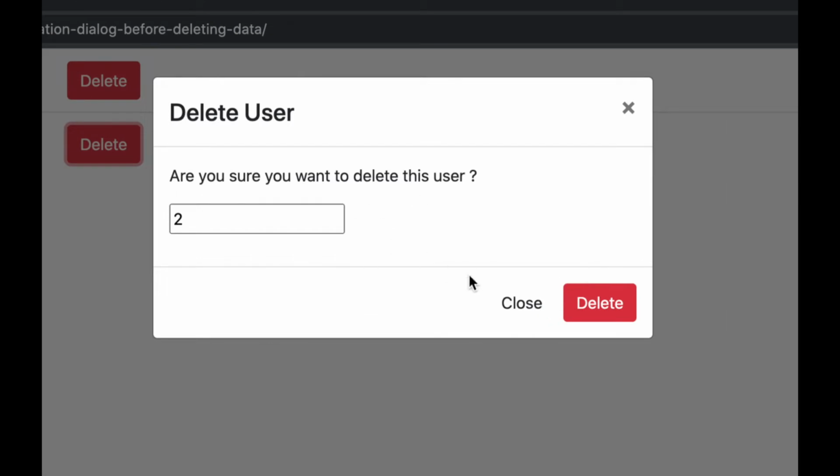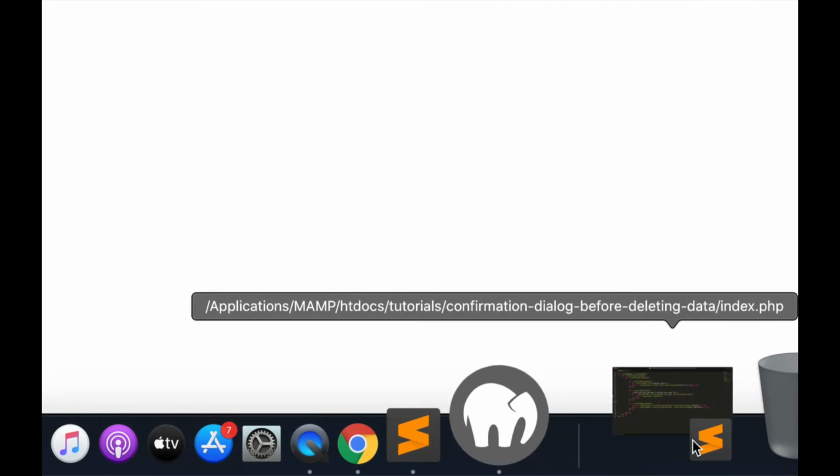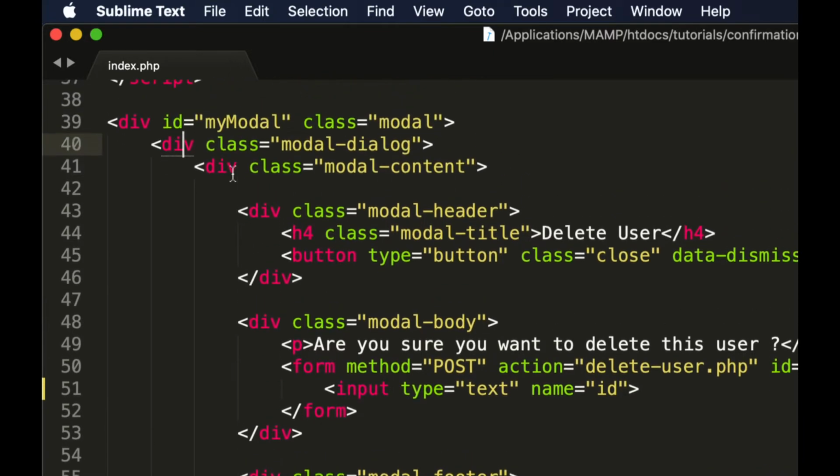So this is a Bootstrap modal. What we have done is we created a div and gave it a unique ID, and we gave it a class name modal, and inside this modal class we have two nested divs, one with the class modal-dialog and one with modal-content.